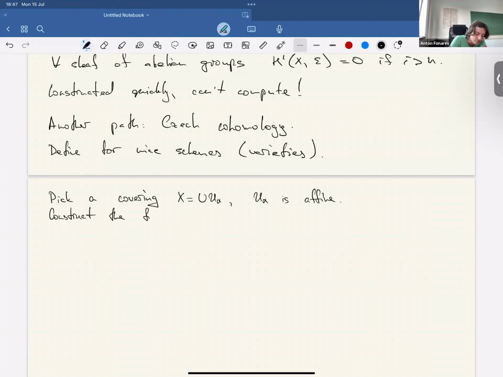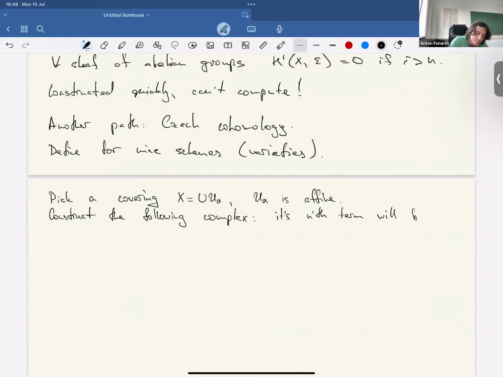Construct the following complex. This will be a complex of abelian groups, say, for simplicity, but let's say for quasi-coherent sheaves or vector bundles, what you wish. So the complex will be, its nth term